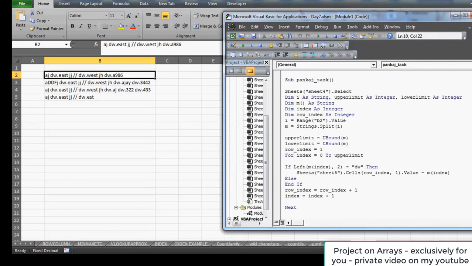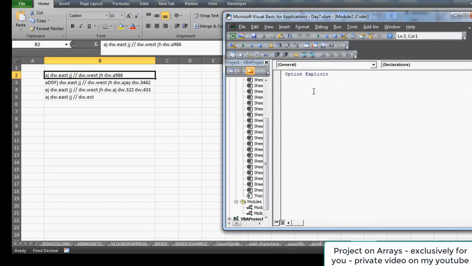I'll go to the background and create the module here. In this module I'm going to write the sub, and let's name this sub split text. You can write whatever name you want, as long as it follows the rules and the basics. So I have named it split text,